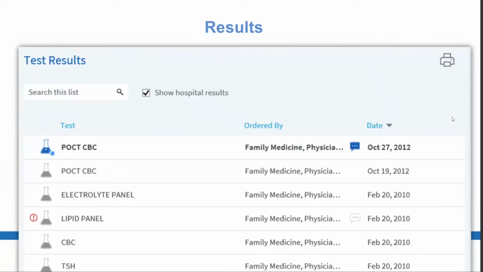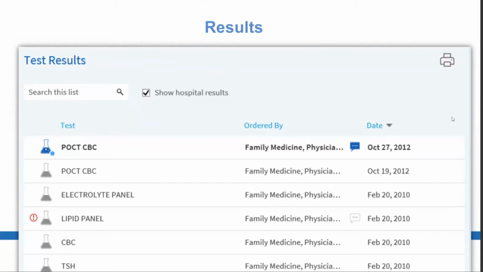The next tab is something I really like and have been really excited about for our patients, is the test results being released immediately upon resulting. The provider doesn't even have to really look at them. As soon as they're resulted out in the lab or radiology, those get pushed immediately to the patient. So if you're waiting to see what your hemoglobin A1C is, if you have diabetes or something like that, and you want to see those results, or something else, those get pushed out immediately, and you